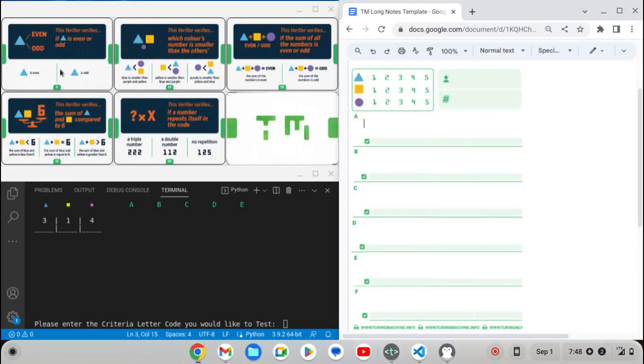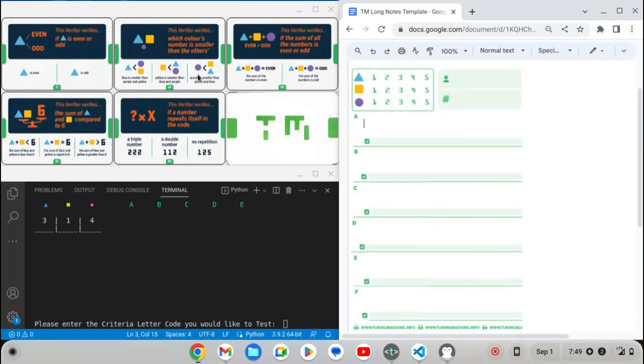So in the grid above, we've got our 5 criteria cards. On the top row, we've got criteria card A, criteria card B, and criteria card C. On the bottom row, we've got criteria card D, and finally criteria card E. So criteria card A looks at our first digit, the triangle digit, and will let us know whether that value is an even digit or an odd digit. Criteria card B will look at our 3 digits, triangle, square, and circle, and will let us know which one is the absolute smallest. So should triangle be the smallest, should square be the smallest, or should circle be the